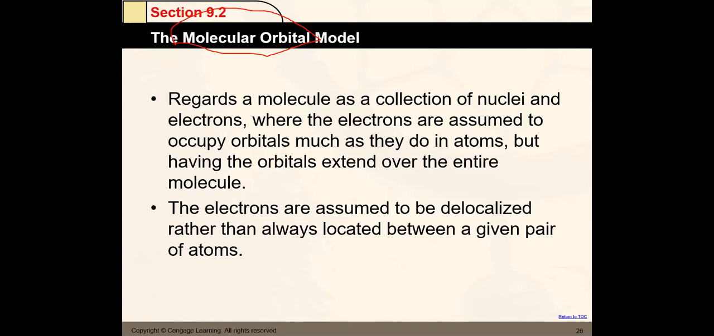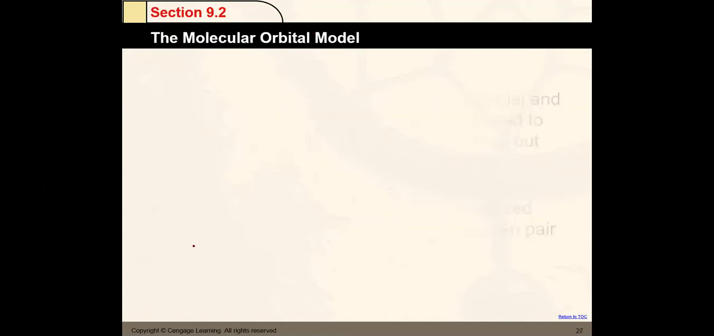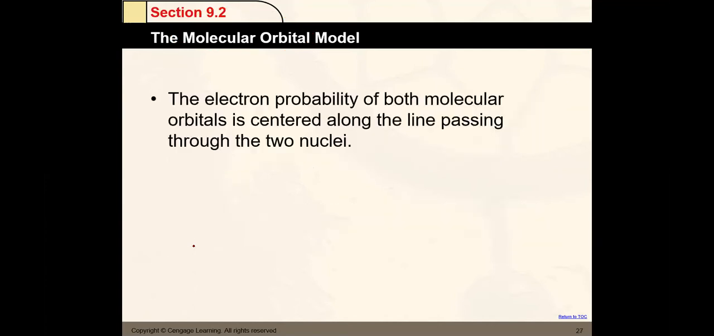So here is the theory. The nuclei are assumed to occupy orbitals as they do in atoms. Okay, and the electrons are assumed to be delocalized rather than always located in a given pair of atoms. So the electron probability in both molecular orbitals is centered along the line passing through the two nuclei. Yeah, so what that means is that if you have a molecule,